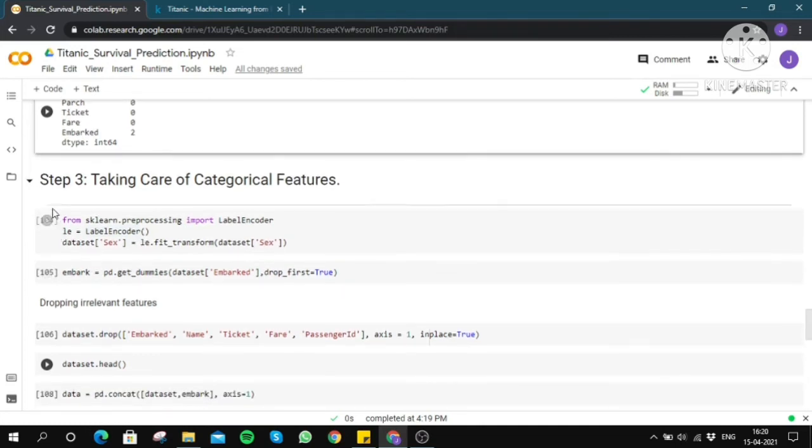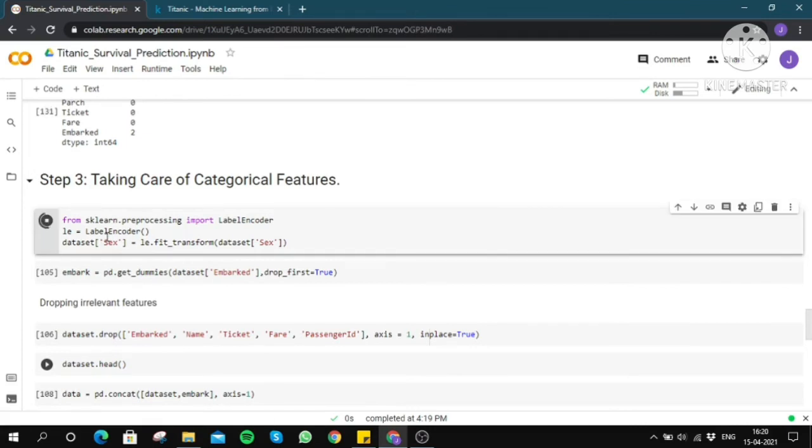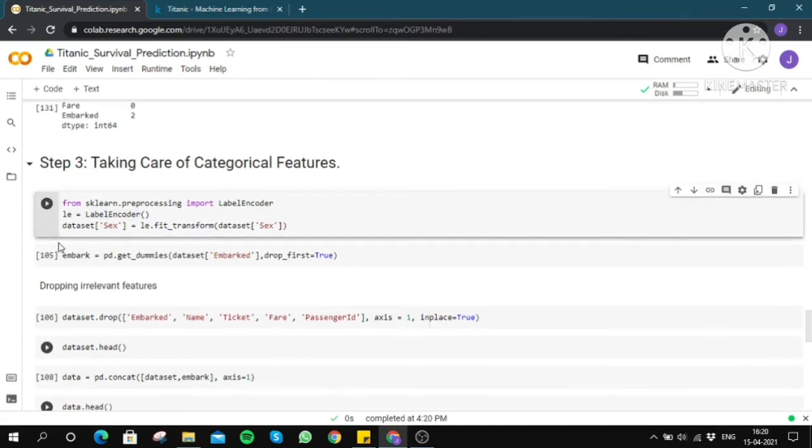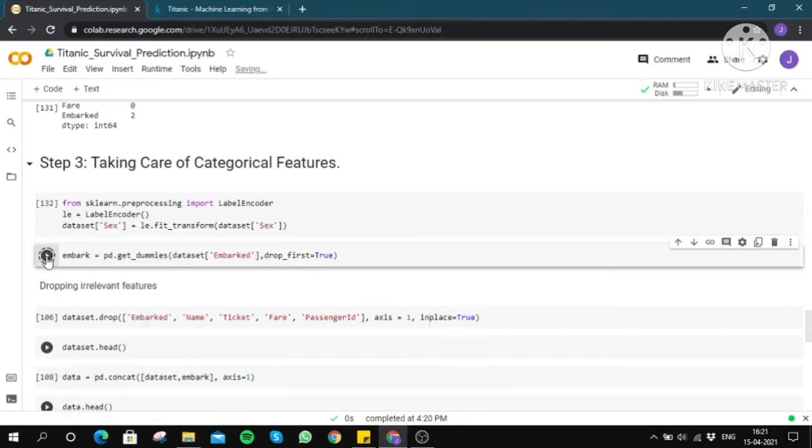Once I apply the label encoder to the sex of the dataset, we will use the pandas function get_dummies for encoding the embarked section, since there are different embarked values present in the dataset.